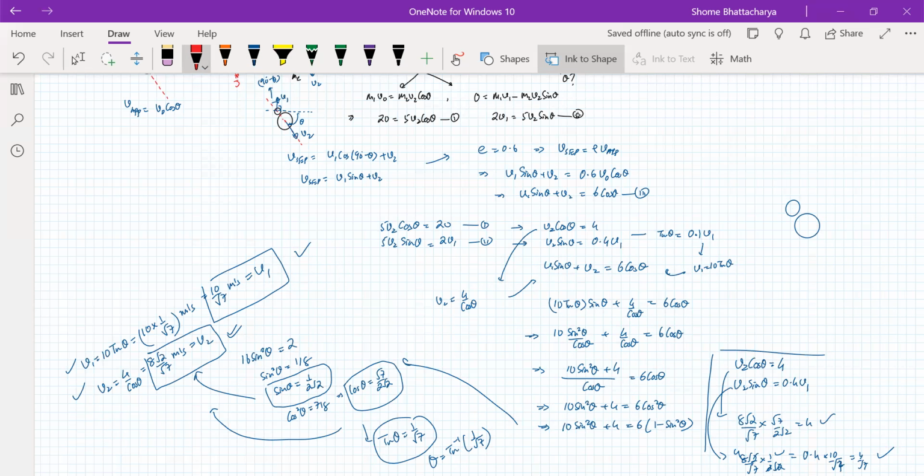Okay, so this is your center to center line. So V2 is already along this line, so we don't have to take any component of V2. It is V1 whose component we have to take. V1 is like this. This angle is 90 and this angle is theta. Hence,